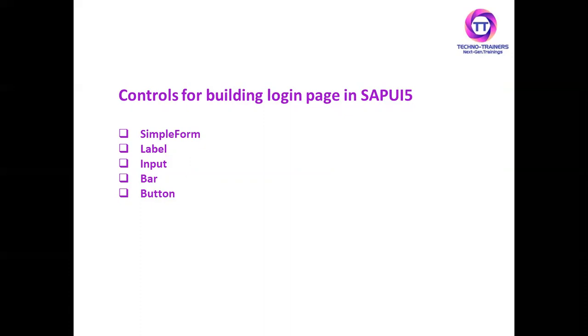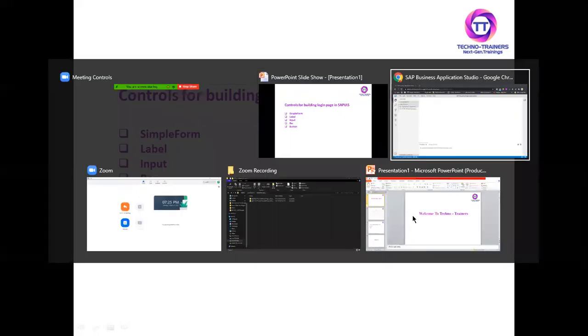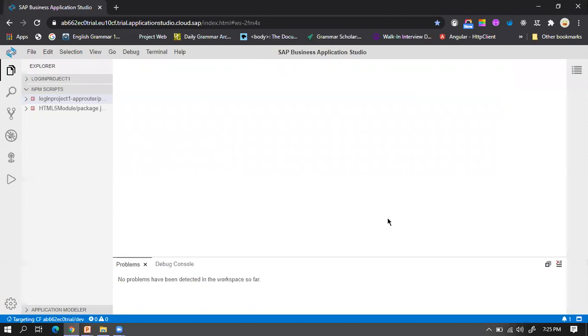All right, let's jump in and start designing our login page from scratch. I've already opened my Business Application Studio. Let's create our first project using the Fiori Freestyle template.